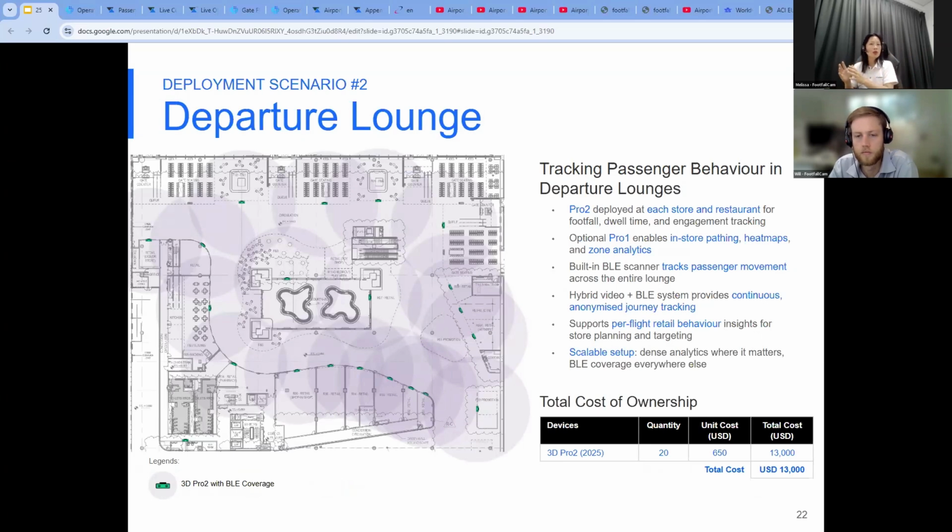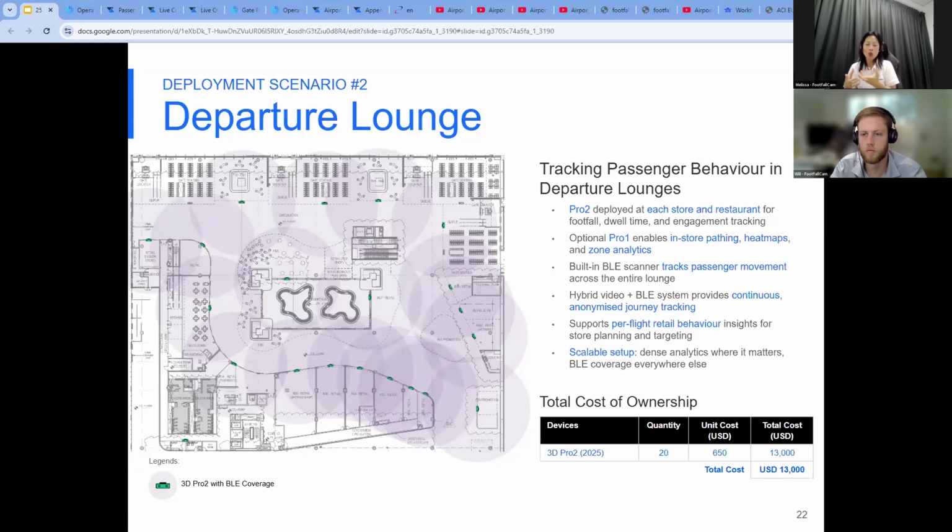So this is often the most commercially valuable part of the airport, especially for the non-aeronautical revenue. This area includes the retail outlets, duty-free shops, of course, restaurants, lounges. And the goal here is to understand how passengers interact with this environment. Now, it's not just how many, but who does